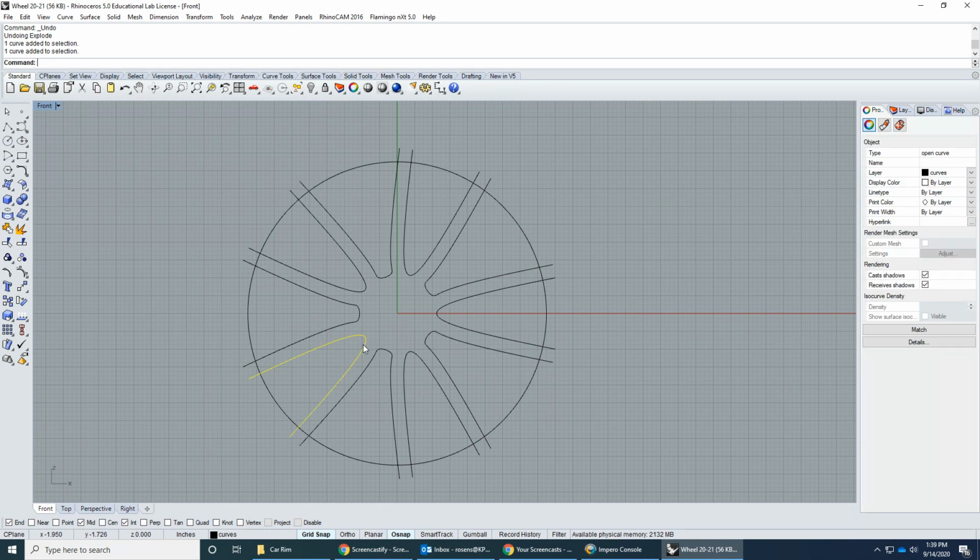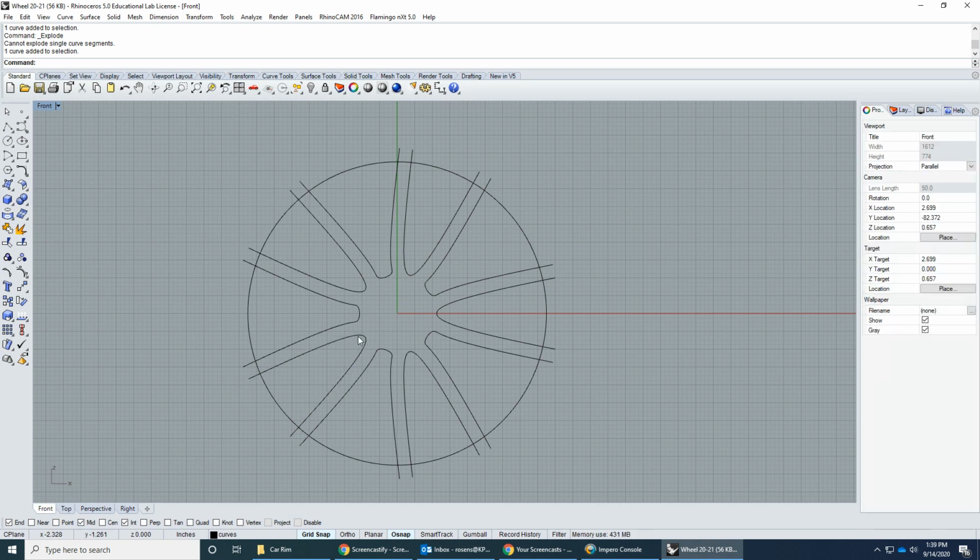Just so you can see too, I can try to explode this curve, and it says cannot explode a single curve segment, because this was a conic curve that we never did anything to. So it's just a single curve segment that can't be exploded. Okay, so